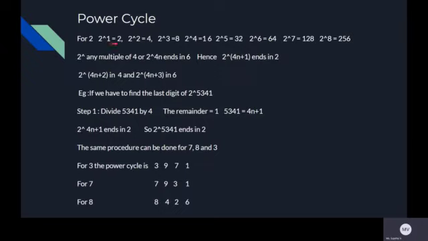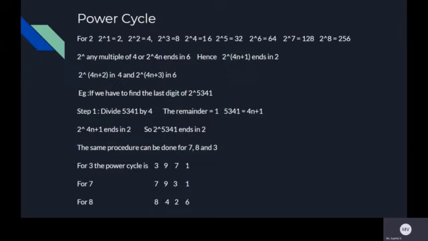So here, from what we have listed out, what we understand is when 2 is raised to a multiple of 4, it is ending in 6. Every fourth number, it is ending in 6. That means when 2 is raised to 4, it is 16. When 2 is raised to 8, it is 256. It ends in 6. When 2 is raised to 12, it ends in 6. So it goes on like that.